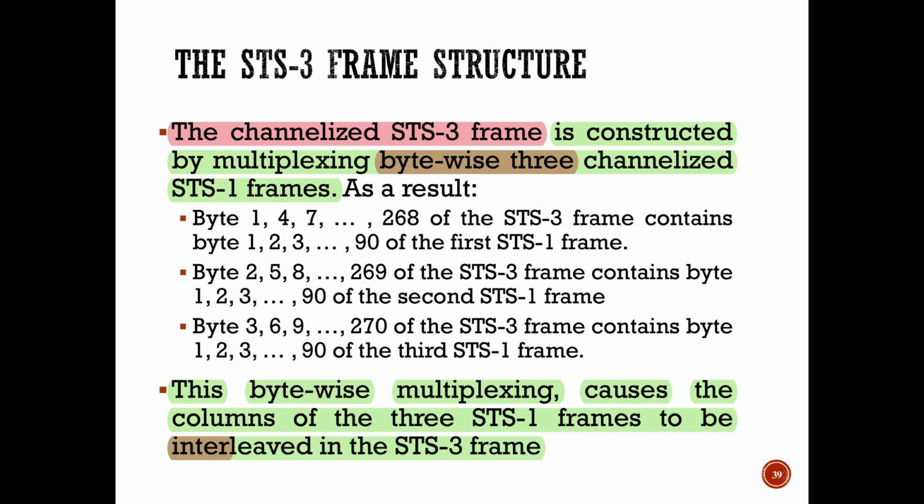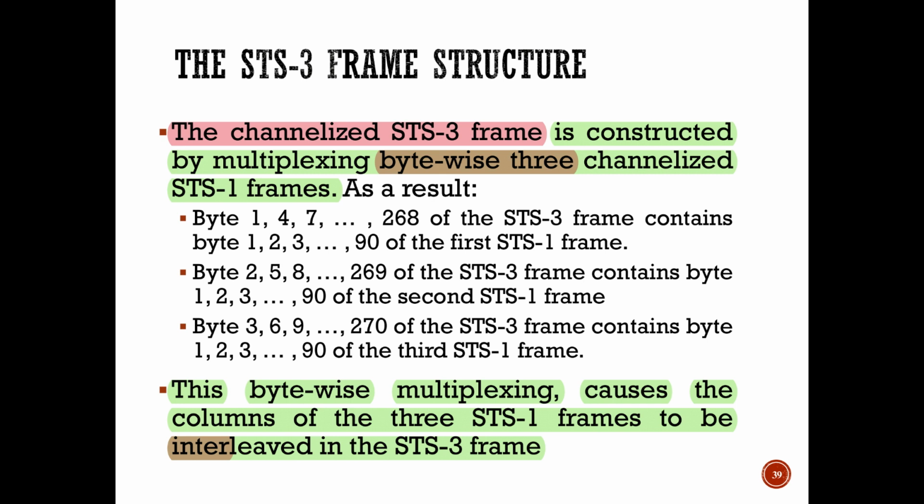As a result, byte 1, 4, 7 to 268 of the STS3 frame contains byte 1, 2, 3 to 90 of the first STS1 frame. Byte 2, 5, 8 to 269 of the STS3 frame contains byte 1, 2, 3 to 90 of the second STS1 frame. Byte 3, 6, 9 to 270 of the STS3 frame contains byte 1, 2, 3 to 90 of the third STS1 frame. This byte-wise multiplexing causes the columns of the 3 STS1 frames to be interleaved in the